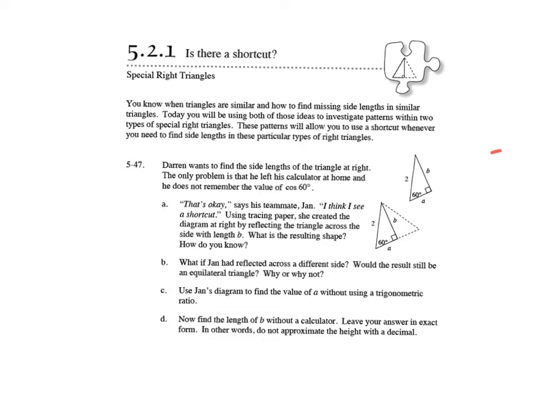Alright, what we're going to do today is talk about special right triangles. There are two kinds of special right triangles that we're going to study, and what we mean by that is there are two different kinds of angle measurements that we're going to study. I'm going to deviate a little bit from the textbook on this, but just so you know where it's coming from. The first kind of triangle that we're going to examine is something called a 30, 60, 90